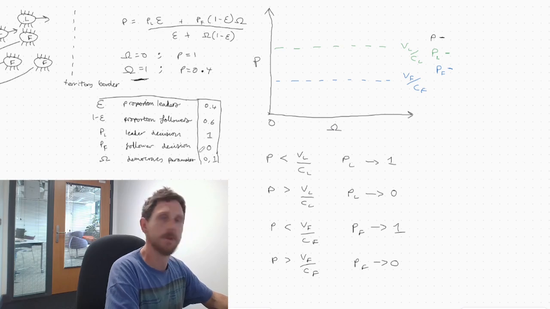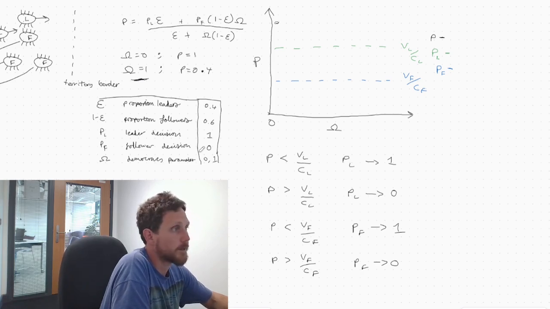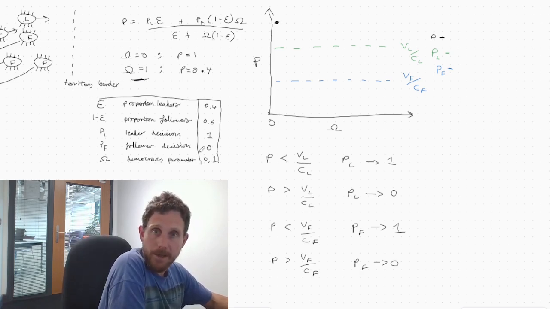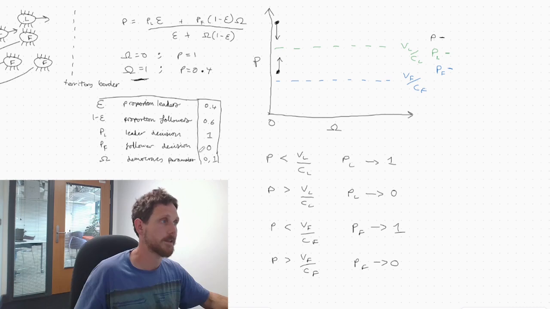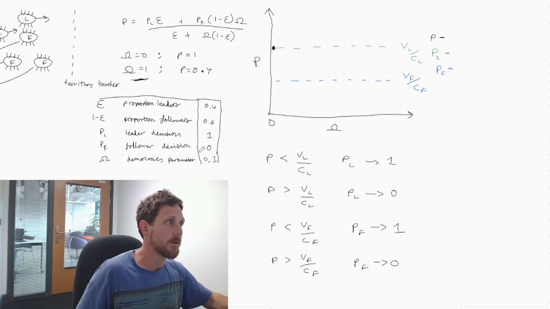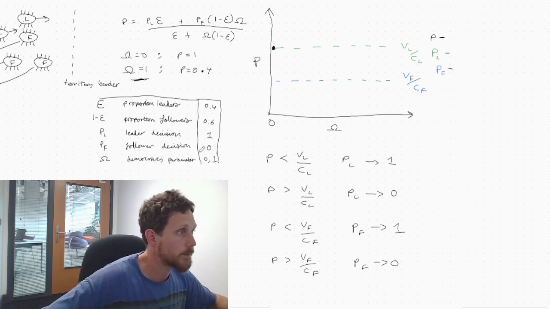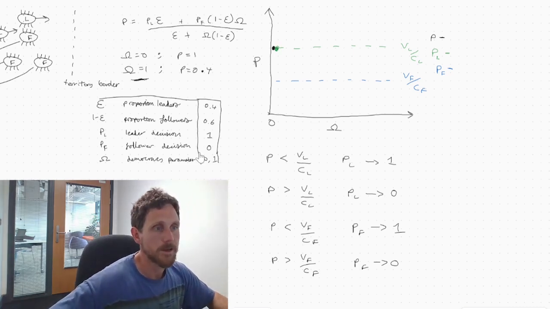So we know P equals VL, which is going to be equal to VL over CL, because if population is really aggressive, the leaders are going to prefer to play dove, and if the population is really passive, they're going to evolve to become more aggressive. And the only stable equilibrium is at VL over CL. So P is equal to VL over CL, and PL is also equal to VL over CL.